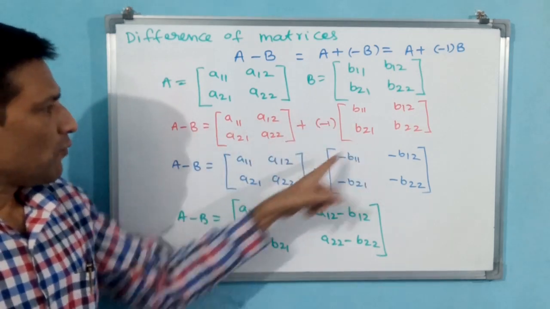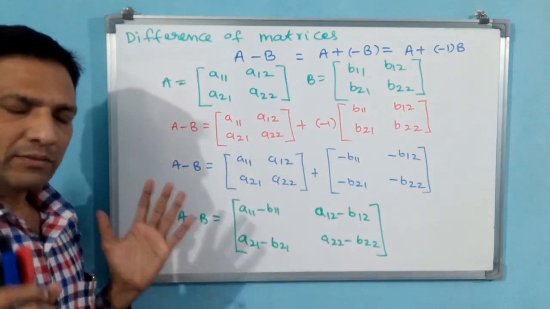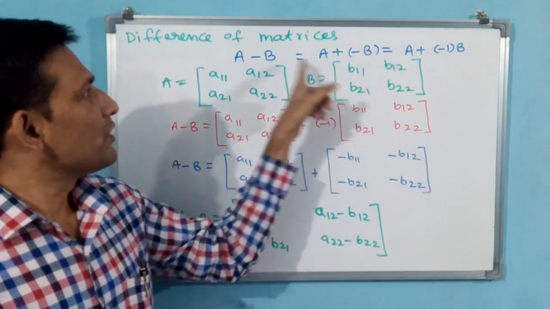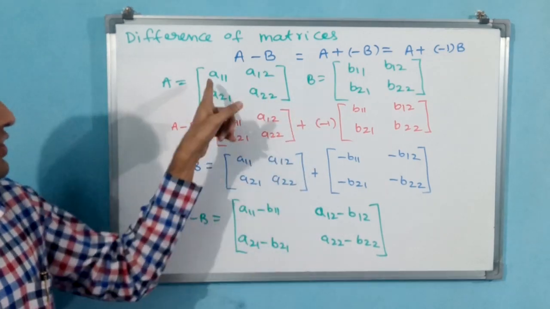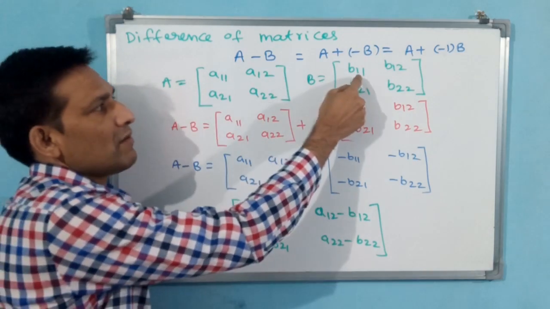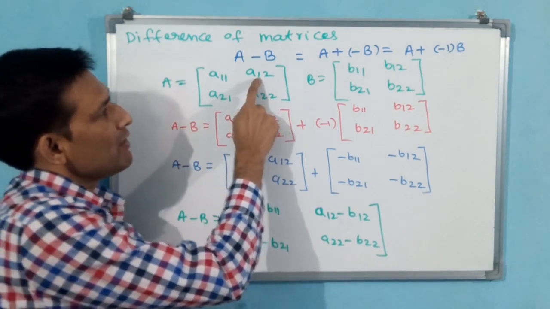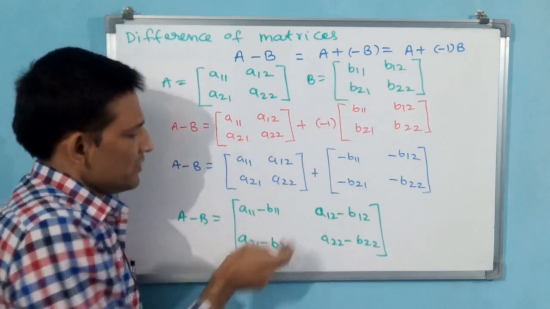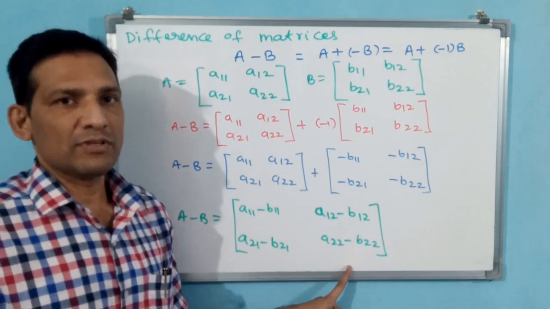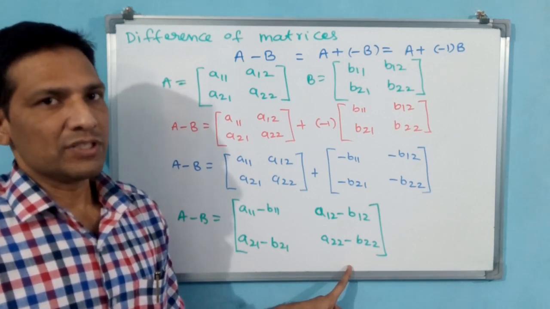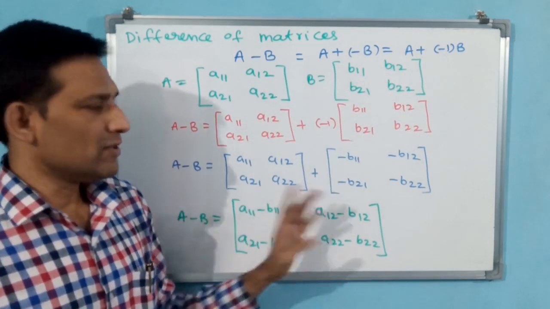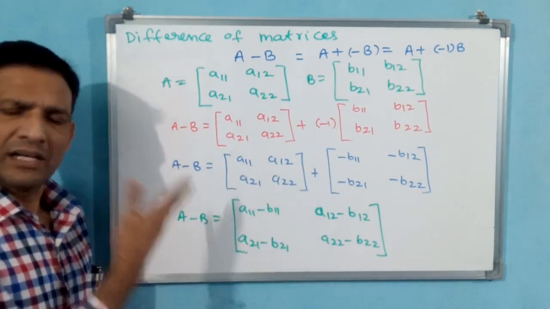See, these steps we need not write if you are conversant, if you are confident enough. Directly A11 minus B11 you can make. Why? Because the minus symbol is there. You see, each element, we are taking the same order. Same order means A11 minus B11, A12 minus B12, A21 minus B21, A22 minus B22. But the same position you have to write. Where was the A22 position? There only it has to come. Second row, second column position. First row, second column position. A12 minus B12. Like this it has to come. Okay, see, all this you pass and write.